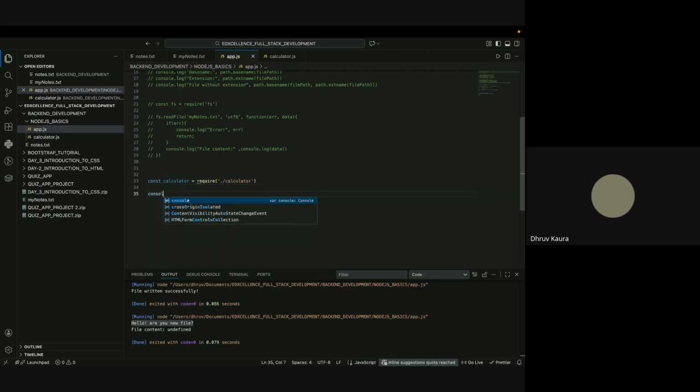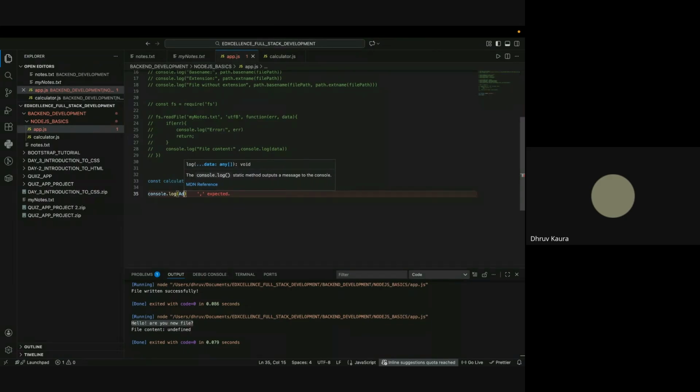So that's the console.log, addition. Sorry, addition will be equal to add 1 plus 2. So if we do this,